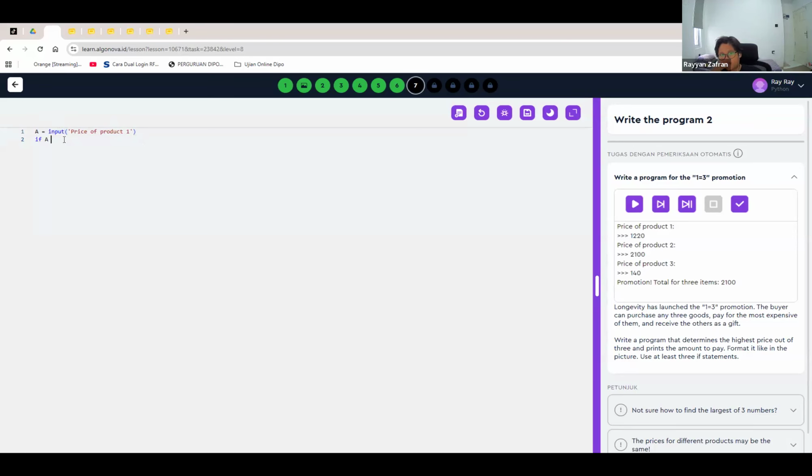I forgot. I think the best thing that you can do with this one is just do the same thing three times, because there are three products and three prices, right? Just do like this, but make it three times first. And don't forget the integer. I think you forgot that price is a number, right? It should use integer. Change the name into product two, product three.